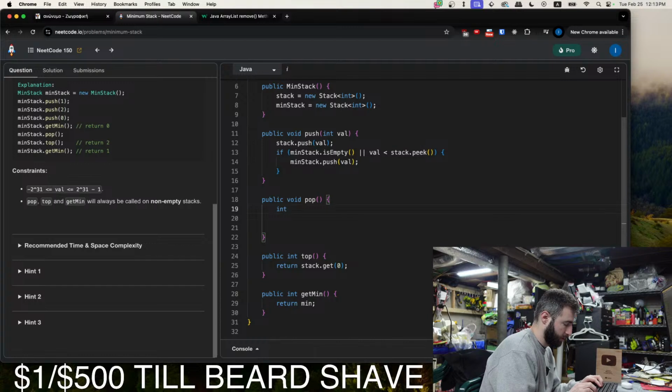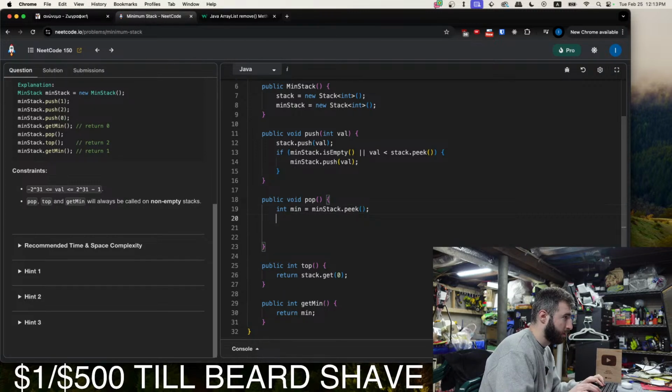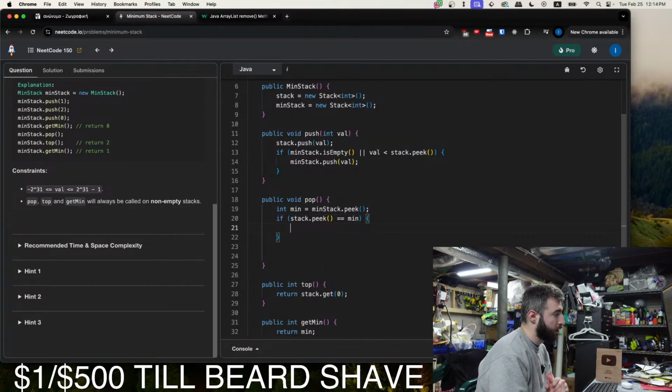So int min equals minStack.peek. If stack.peek is equal to min, then we need to pop from the min stack as well.